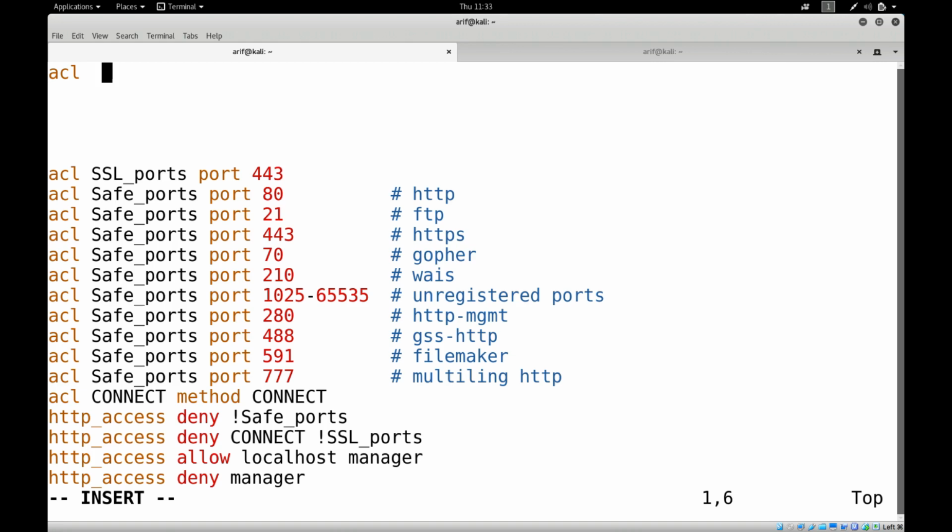Then I need to give the name for this directive. Let me say bad underscore site1. The third ACL element is the type of that element, and let me write down dst over here. Well, dst specifies a destination IP address or a destination name. There are other types as well, like source, port, time, source domain, destination domain, method, and so on. Let me use dst and let me write down www.youtube.com,